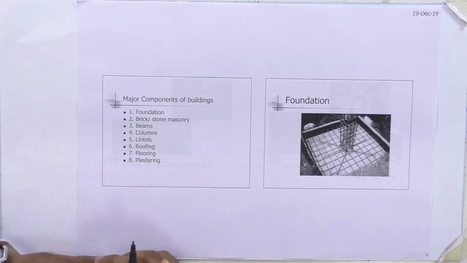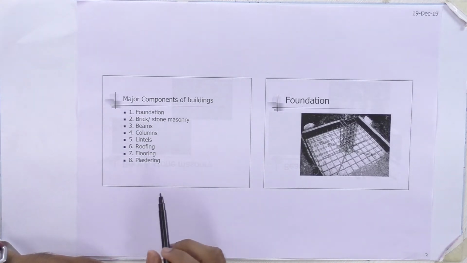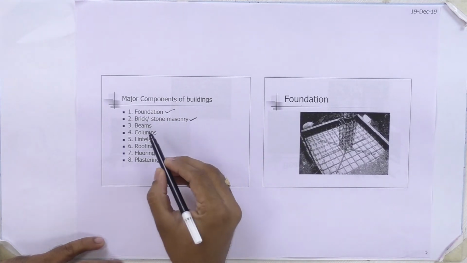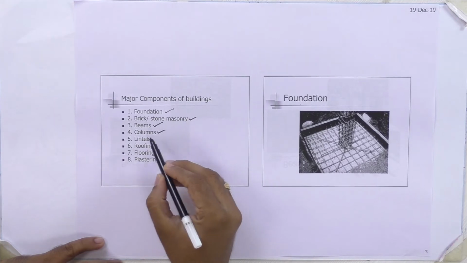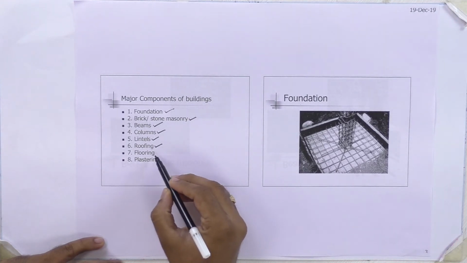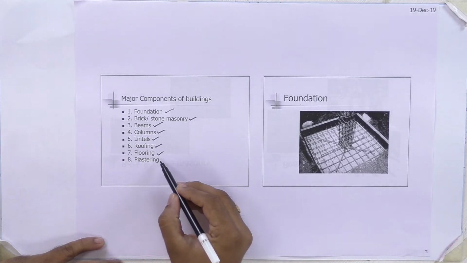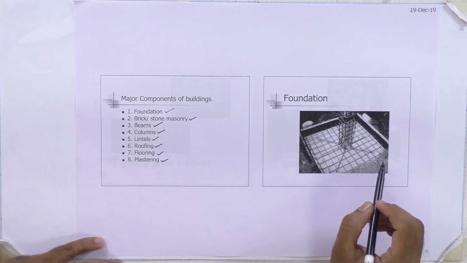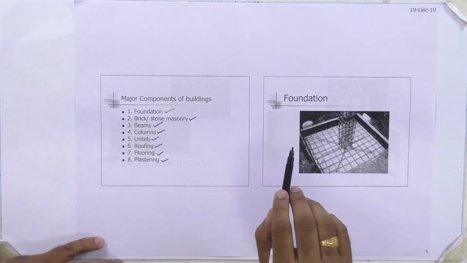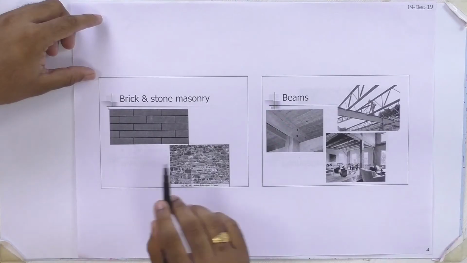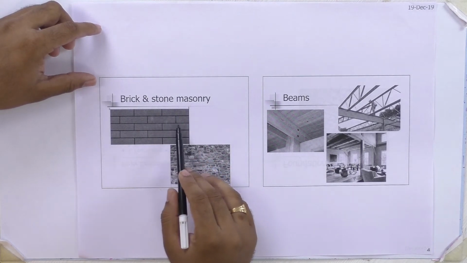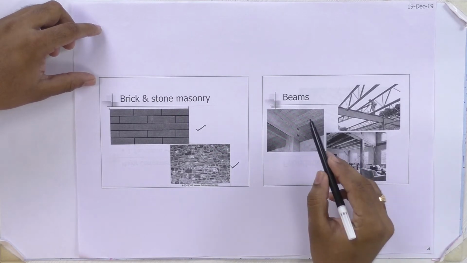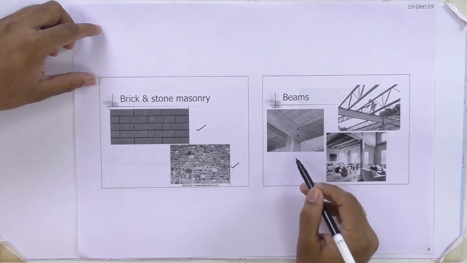The different components of buildings which we are going to see are, first, foundation, brick masonry, stone masonry, beams, columns, lintels, roofing, flooring, and plastering. The first one is foundation, which is also known as substructure because it is constructed below the ground level surface. This one is brick masonry, and this one is stone masonry, and this one shows different types of beam. This is a wooden beam,